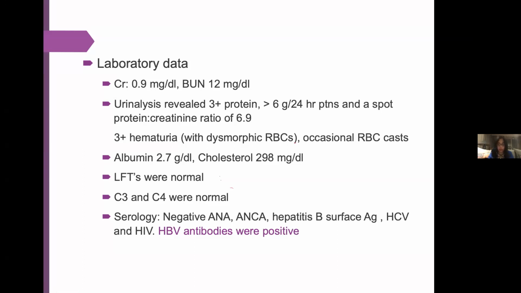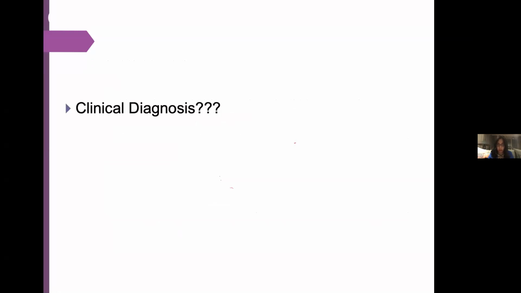So now we have a patient with nephrotic range proteinuria, more than 6 grams, with hematuria, with dysmorphic red blood cells, so it's definitely glomerular, and she is hepatitis B antibody positive, her creatinine is normal, and she has a history of CLL, small lymphocytic lymphoma. The common sense, of course, is to consider the first diagnosis, and that's why they considered rituximab and steroids, that this is a monoclonal gammopathy, which of course makes sense.